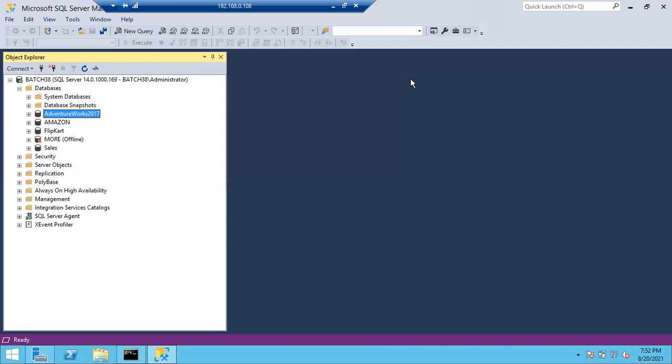Then by 11:59 and 59 seconds, whatever changes there are till the last second, either inserting or deleting data, all of it will be included in the ongoing full backup. The answer is yes.